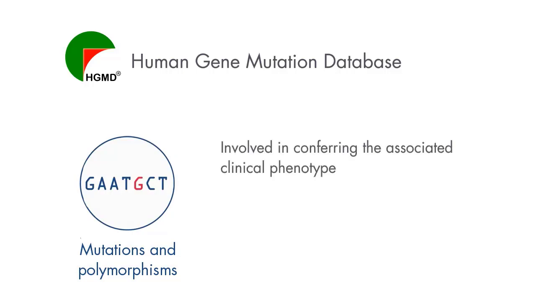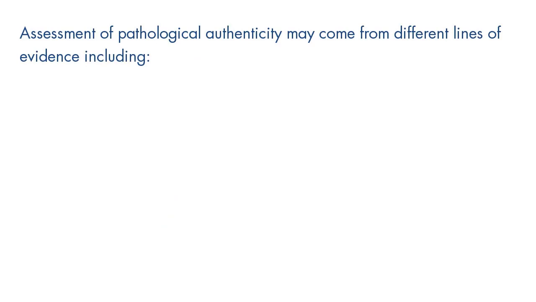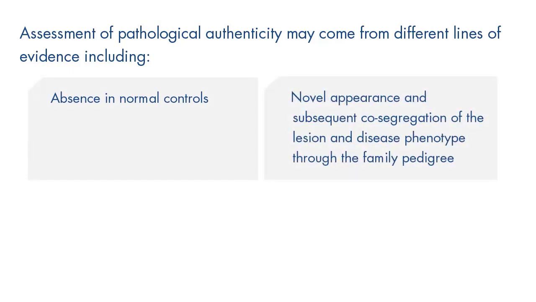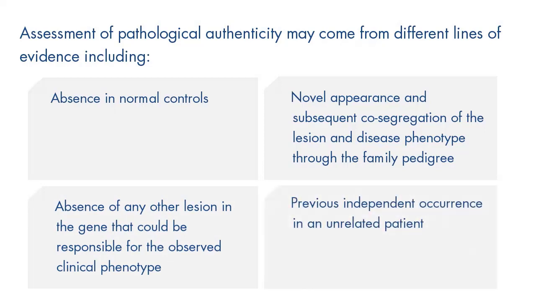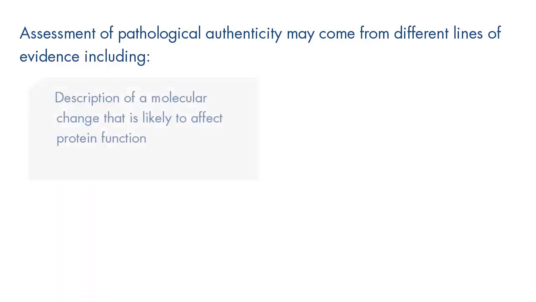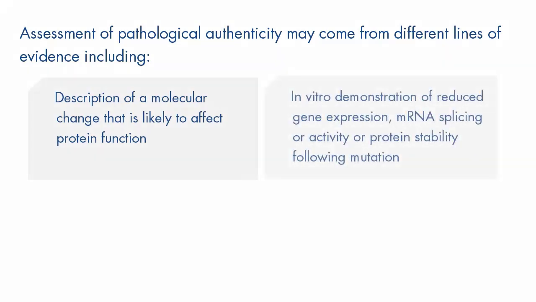Mutations and polymorphisms are entered into HGMD when the authors of published reports show that they are involved in conferring the associated clinical phenotype, or that they exert a direct functional effect. Assessment of pathological authenticity may come from different lines of evidence, including absence in normal controls, novel appearance and subsequent co-segregation of the lesion and disease phenotype through the family pedigree, absence of any other lesion in the gene that could be responsible for the observed clinical phenotype, previous independent occurrence in an unrelated patient, description of a molecular change that is likely to affect protein function,